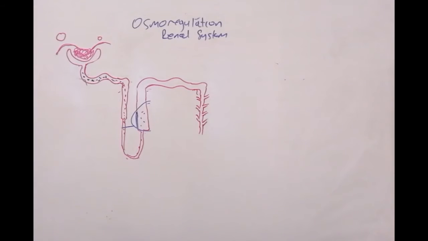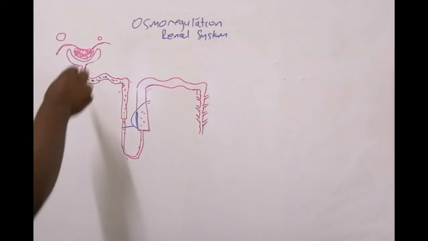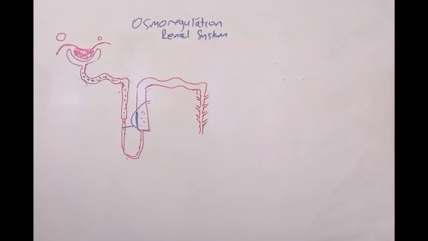When you've got a larger diameter that is supplying blood, and on the other side a smaller diameter that paves the way for blood to move out, it means you are going to have a lot of pressure inside here, and the blood is going to take time to move out of that